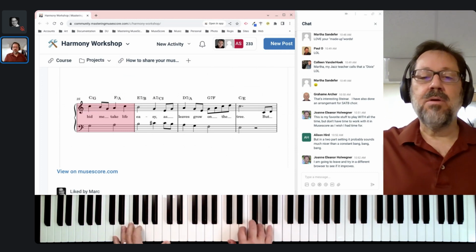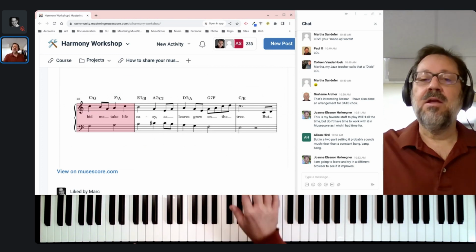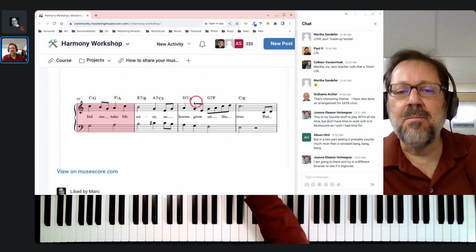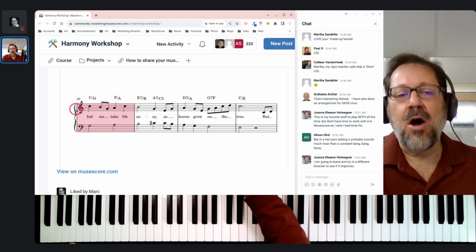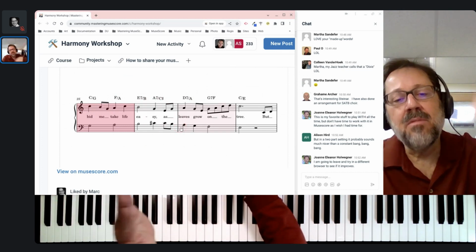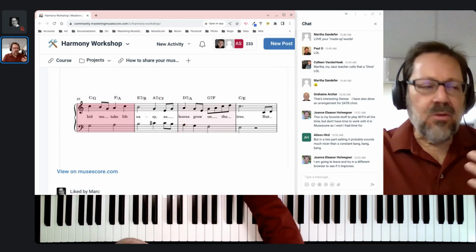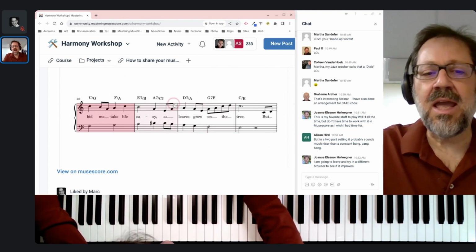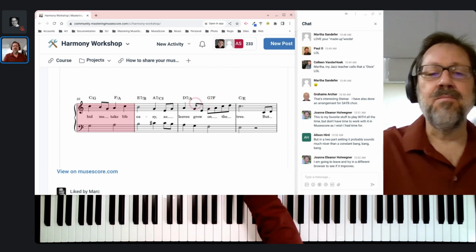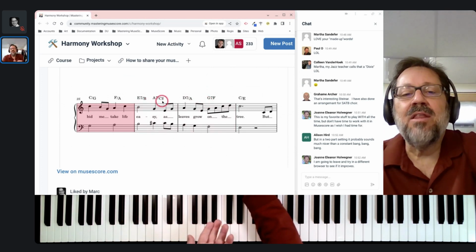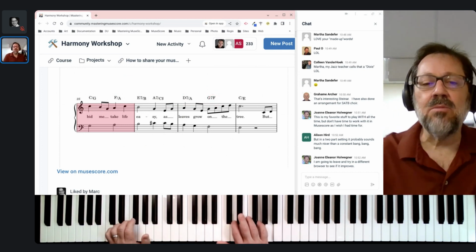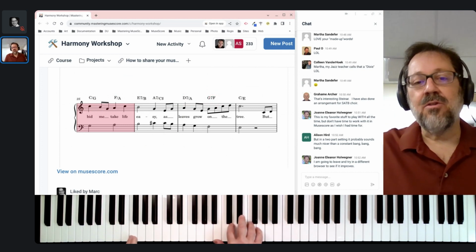Now we can leap into the F here. And by leaping into the F there, we at least finish our thought of that ascending bass line. Let that ascending bass line arrive on beat 1, then terminate it. And that's a generally true statement about voice leading and about harmony. You like to finish your thought and then start the next thought. So by resolving that C sharp up to D, then leaping into here, to me, that makes a little more sense. But I love the use of the inversion here